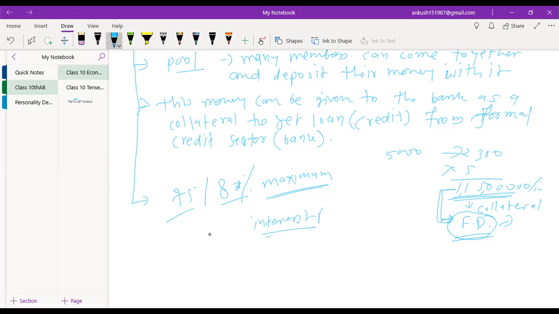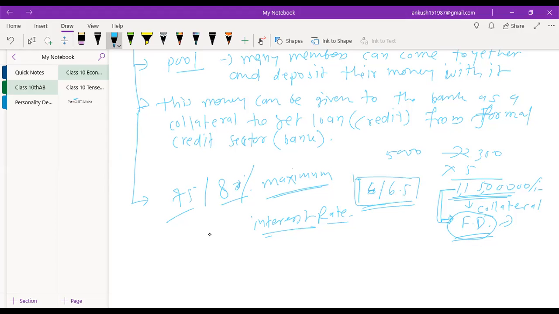Interest rate, I'm telling you, whatever they get. Suppose these members are going to the money lender, and that money lender or any informal sector is imposing 10% or 12%. And suppose this cooperative bank is providing the loan at the interest rate of 6 or 6.5. Is there any difference? Yes, there is a much difference. Yes, sir. Isn't it? So to keep this space,